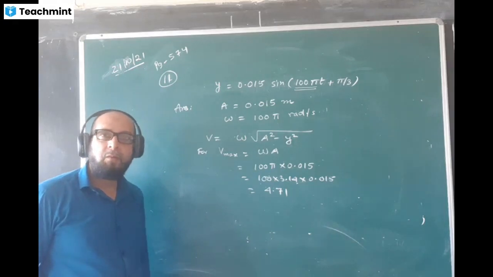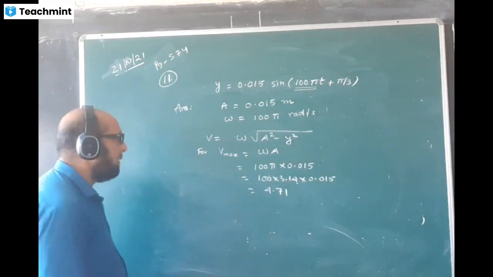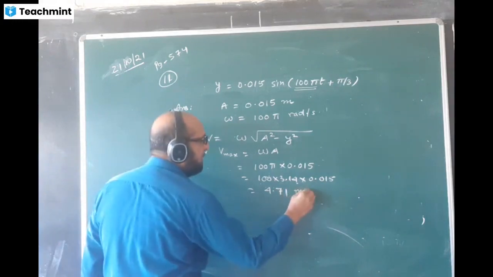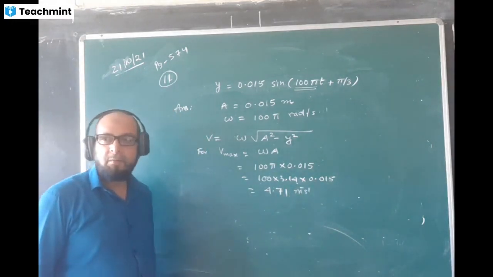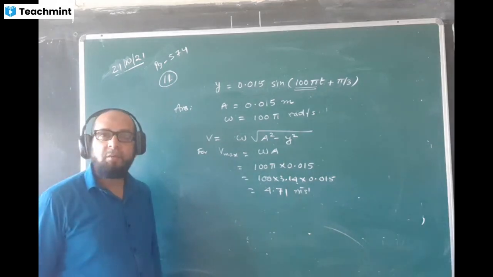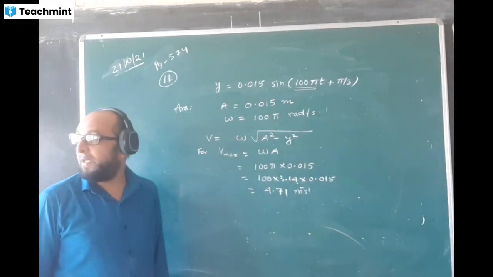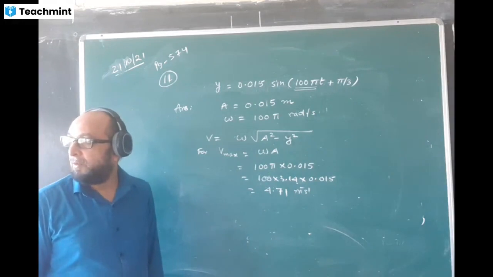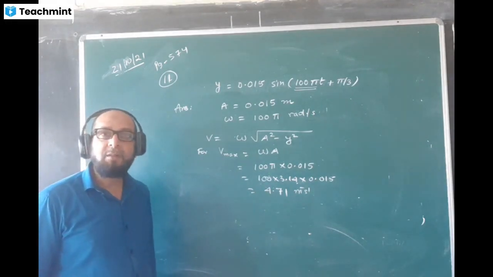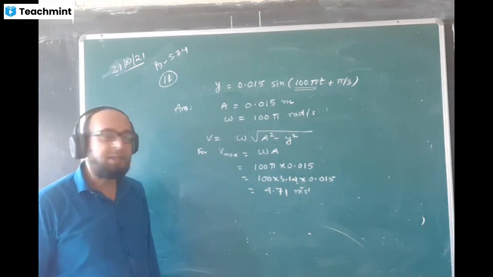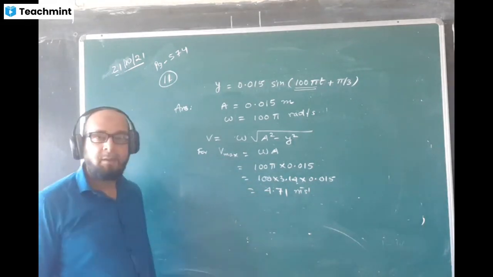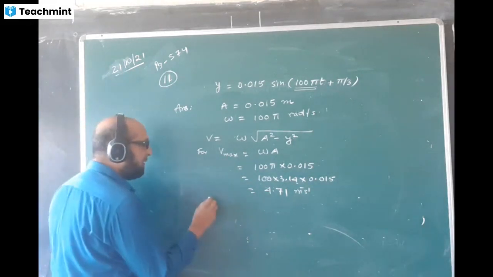Yes, sir. Hello. Okay. This much meter per second. I think you can make the correction. There is a technical defect in the question. The question should have been: find maximum velocity of the harmonic oscillator. The first part is written only velocity. Please just add max. Find maximum velocity. And now we are finding velocity, no, right?